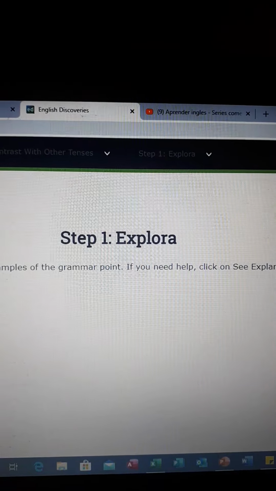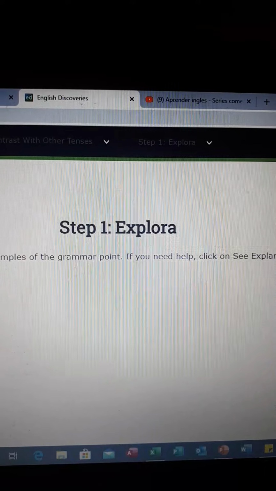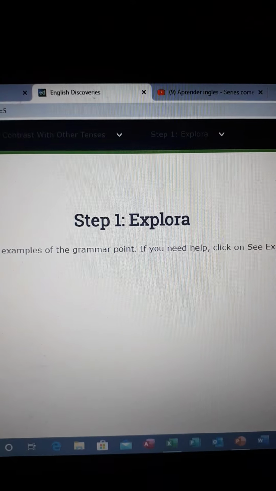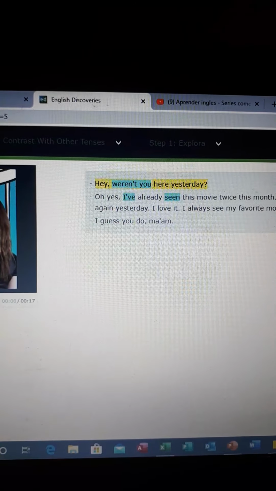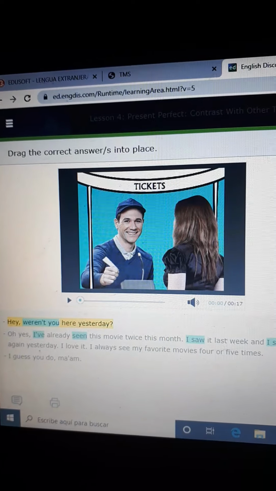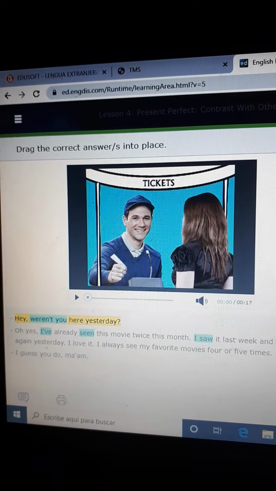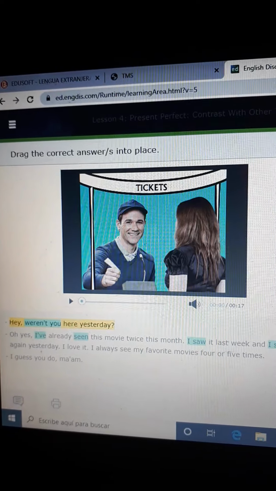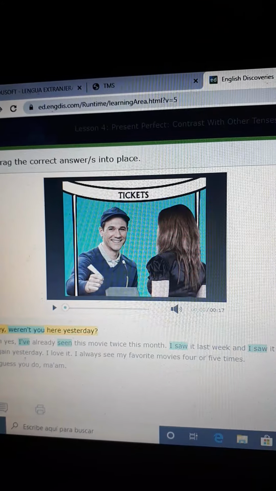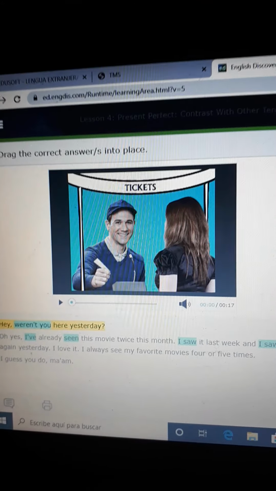I already made some information, okay? And I am also going to send it on Brightspace. So we were seeing some exercises, okay? Remember that present perfect with other tenses is working in simple past also, and past perfect or present continuous or past continuous, okay? For example, here we have